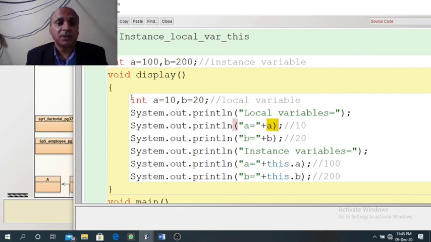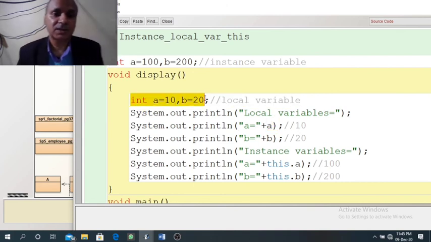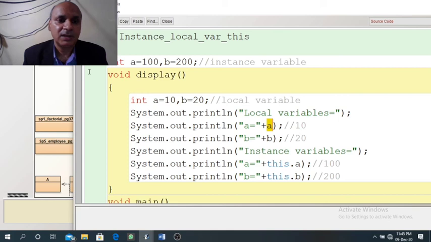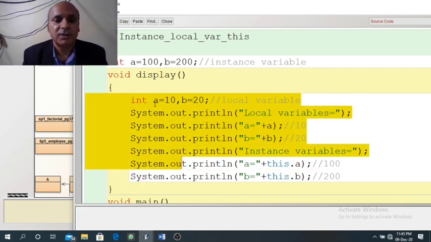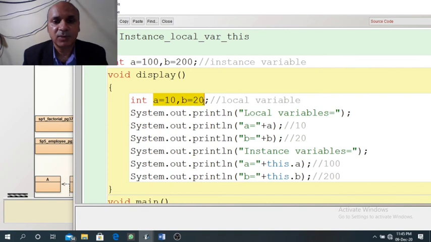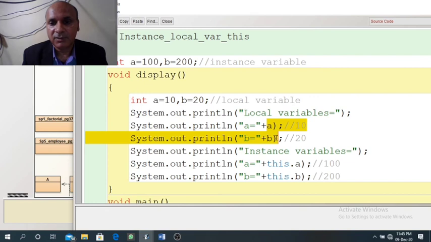Actually, local variables have higher precedence than instance variables or global variables. So first the compiler will search A and B inside this method block. It will find A and B inside this method block itself. This is the reason here we will get 10 and 20.